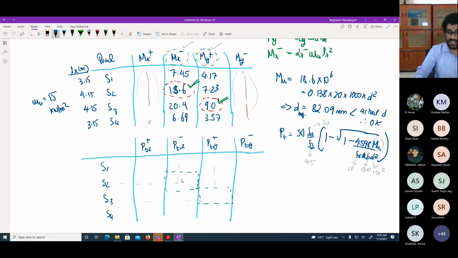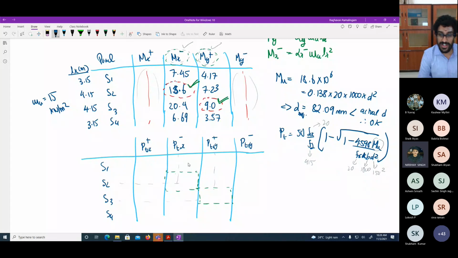So based on this, what do you get for PT? Just two alone, tell me. Others we don't need to find out. If you want to do it, you can do it at home, the remaining ones.